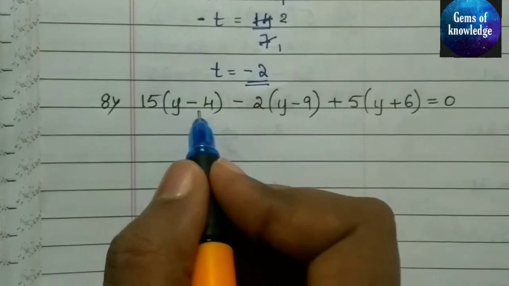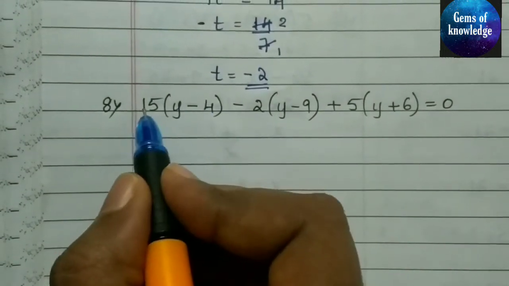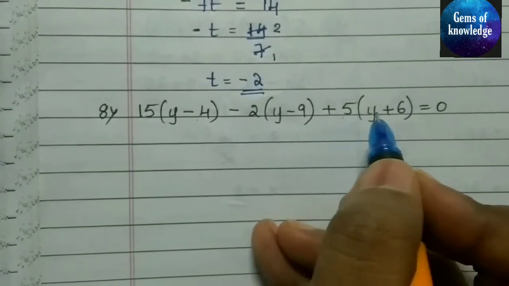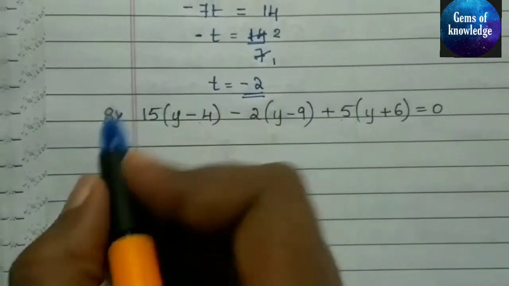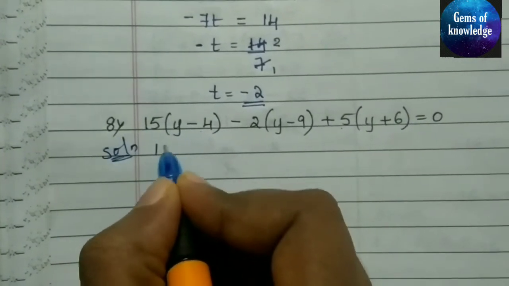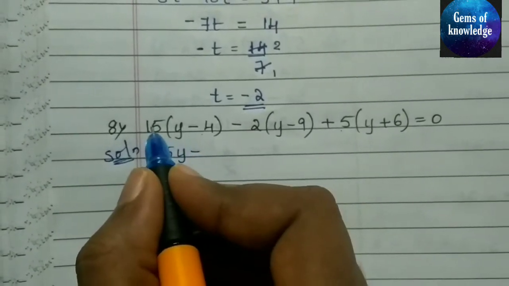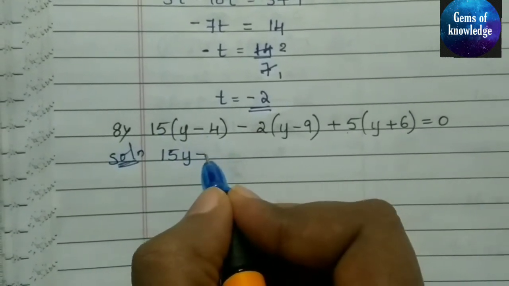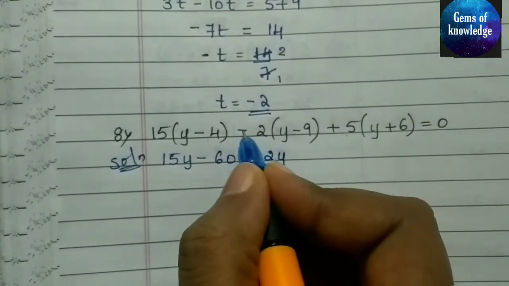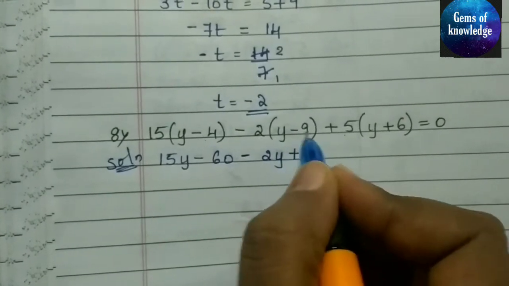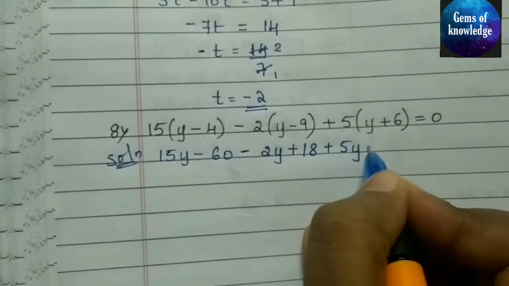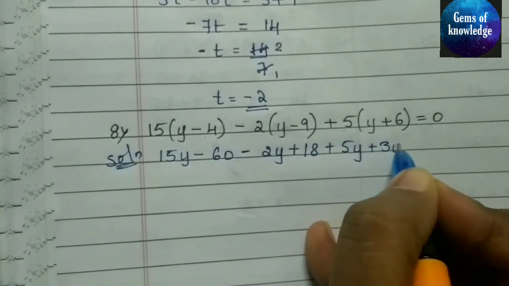15 into y minus 4 minus 2 into y minus 9 plus 5 into y plus 6 is equal to 0. So what we have to do here is open the brackets first. So it will become 15y minus 15 4s we are having 60, minus 2 into y is 2y, and minus into minus is nothing but plus 2 9s are 18, plus 5 into y is 5y, plus 5 6s it is nothing but 30,